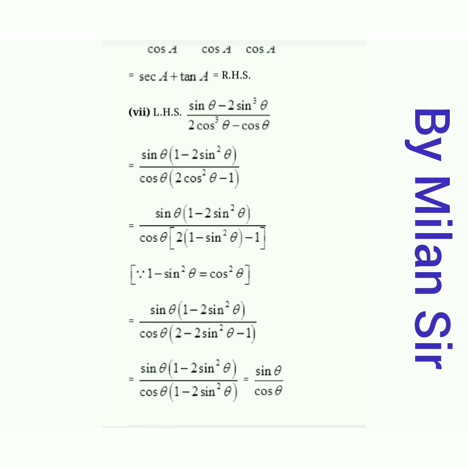Same thing in the denominator. Both terms have cos theta, so cos theta is common. Now in the first term, first of all 2 as it is. Out of cos cube theta, 1 cos theta is common, so cos square theta is remaining, right? So 2 cos square theta. Then minus sign is there, so minus sign. And here cos theta is cut, so nothing is remaining, that means 1. So we can easily simplify it. Because on the right hand side we want tan theta and we already get it, sin theta upon cos theta. Now we need to cut this 2 bracket, right?